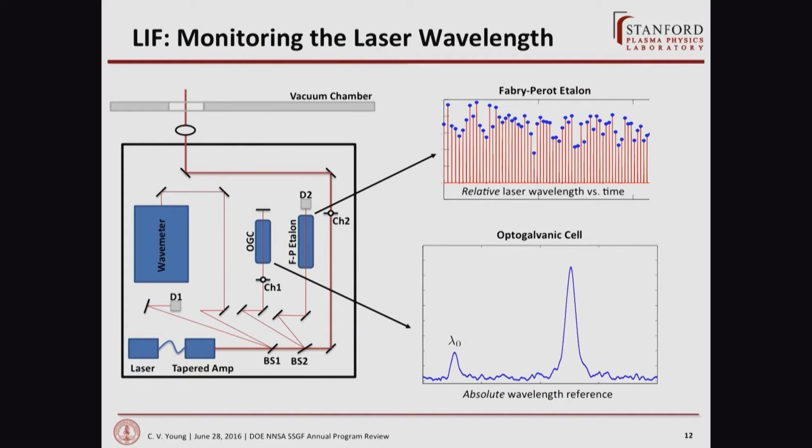One, Fabry-Perot etalon, which just gives a peak for a fixed step in wavelength or frequency space. So every 0.3 gigahertz I scan my laser, I get one of these peaks. And then we use an optogalvanic cell for the stationary reference. So we know where the zero velocity line is. We know how far we moved away from that line. And then that lets us determine our Doppler shift and, again, measure the velocity of the flow at that point